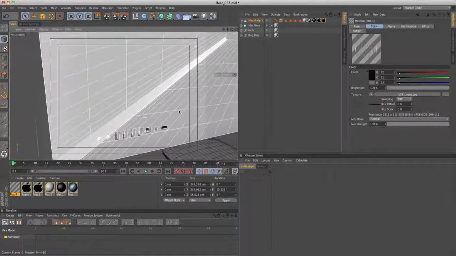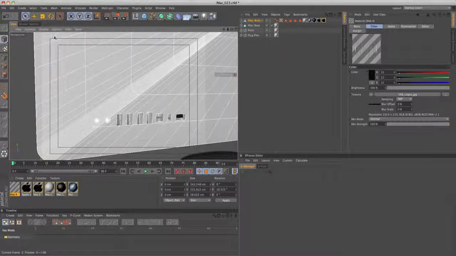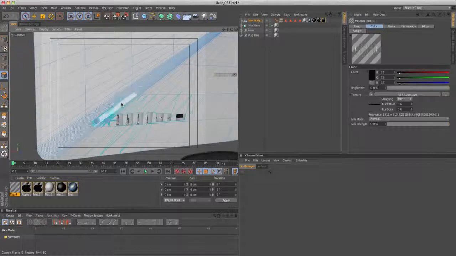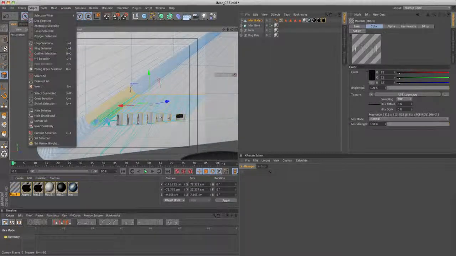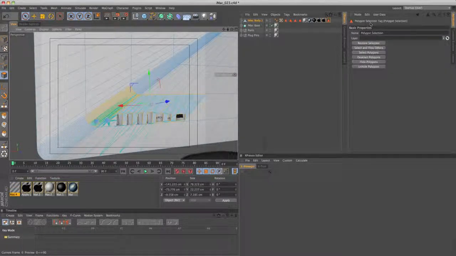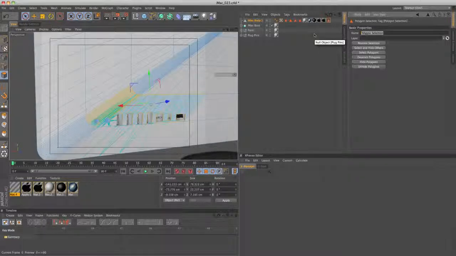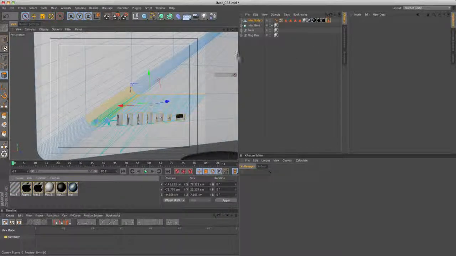And now what we can do is, if we come into our polygon mode and then select these pixels above the ports, and make sure we don't get any of the inside of the port, so you just want to select these, and then we want to come up to select set selection, and then we're going to call this USB logos, and then if we drag and drop this material onto the iMac body,